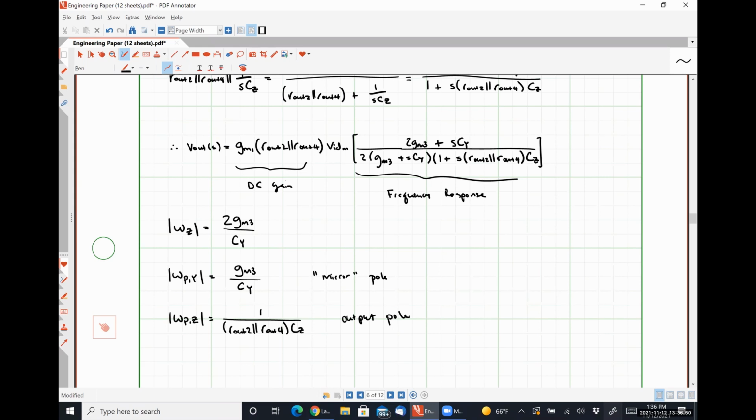If we did a dominant pole approximation, or for high frequency, the short circuit time constant method for determining the poles, we would have wound up with something very, very close to this guy. So this is going to be our dominant pole, but we do have a secondary pole